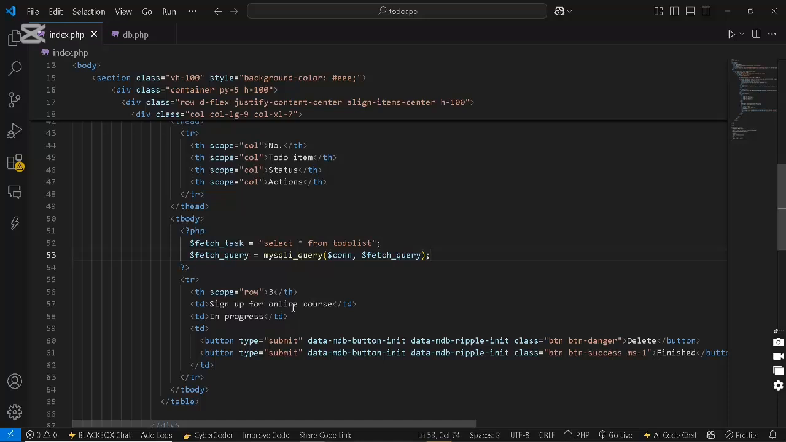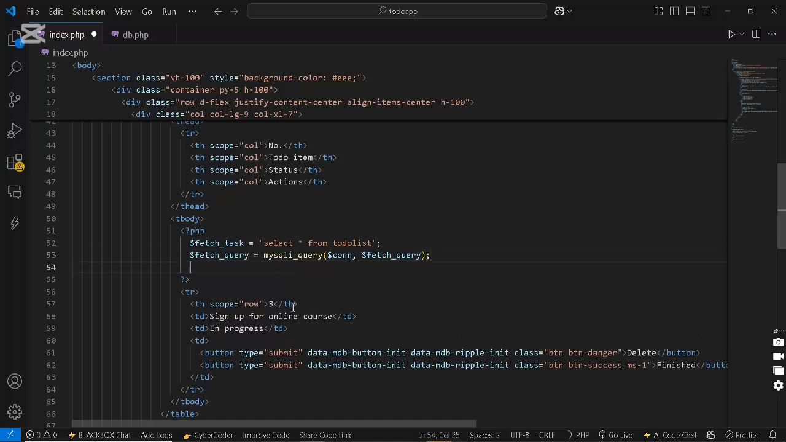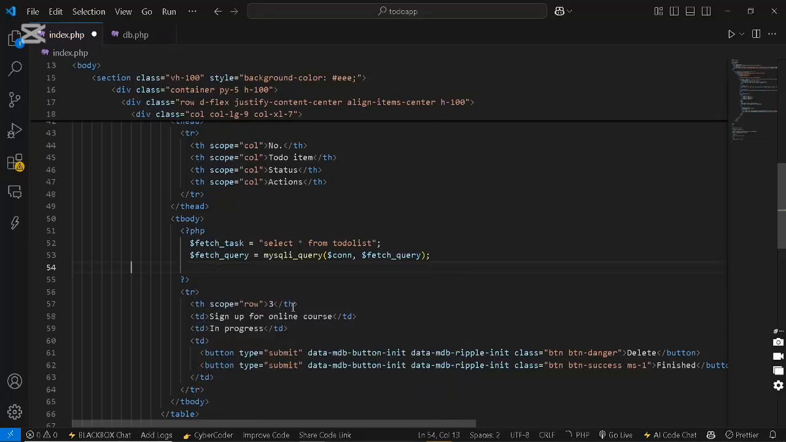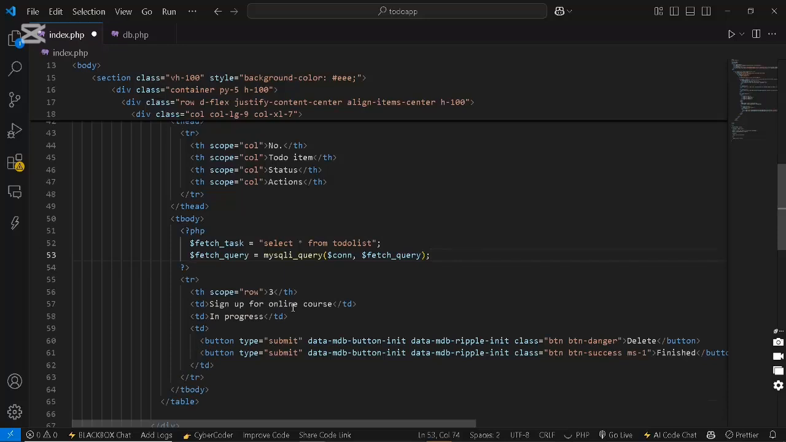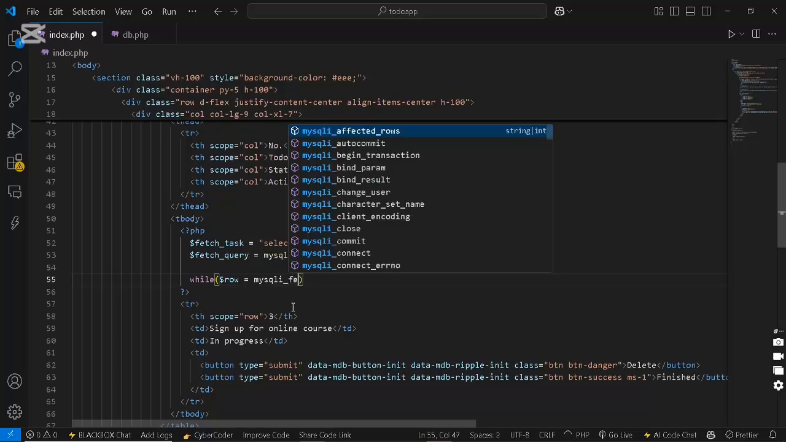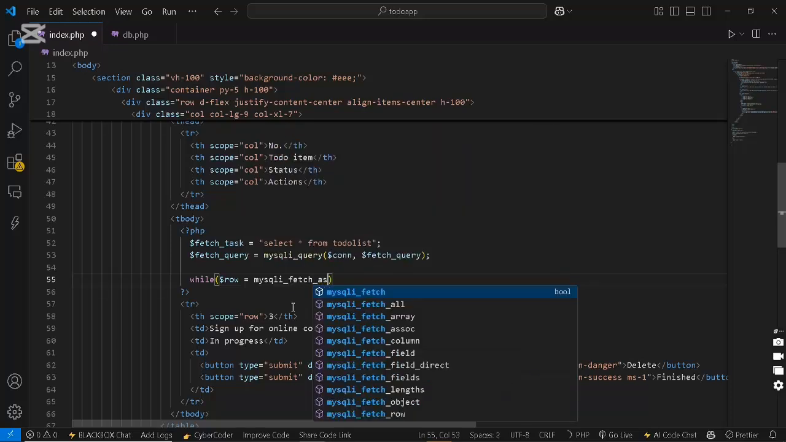So next, we need to use a fetch assoc. Now, what we'll be doing, we'll be using a while loop. So while loop gives a condition. For example, this is what we're going to say: while $row equals to mysqli_fetch_assoc